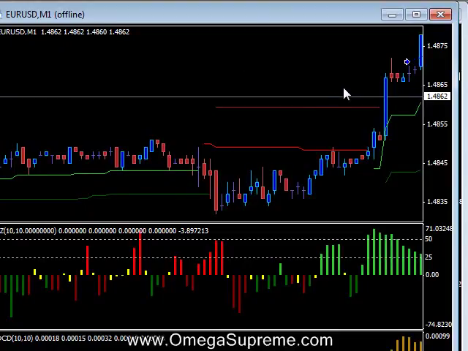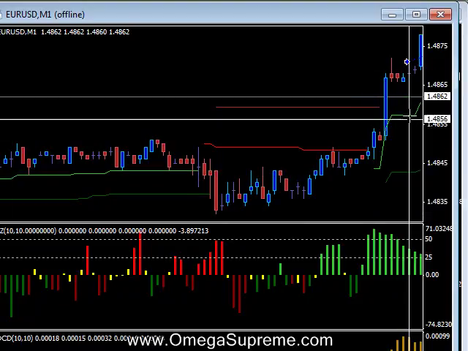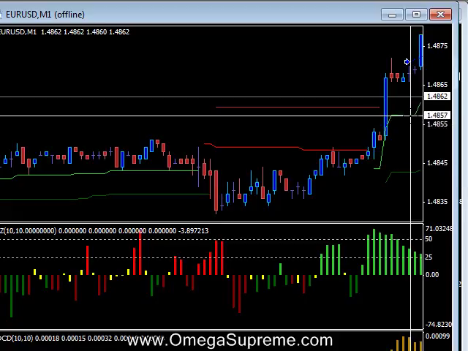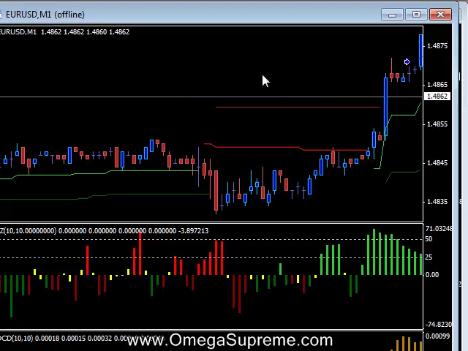Now already we know where our exits are going to be. Our stop losses are going to be this point here or this point here. If you're a scalper and you're looking to scalp out 10 pips, you would choose the smaller ATR stop. So in this case our ATR stop is roughly about 12 to 13 pips. So you would be looking to scalp at least 10 to 13 pips,